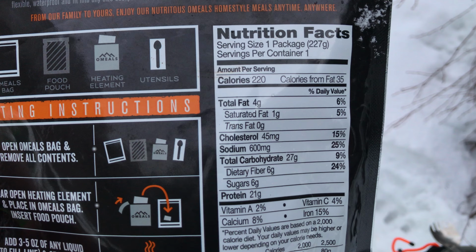Let's go over the nutrition facts. So 220 calories for this meal. Obviously it looks like a big bag, but it's not really. 220 calories. Total fat is 4 grams, which is not a lot. I prefer a lot more fat than that. Sodium is 600 milligrams. That's a good amount of sodium. Sodium is good. It's great for electrolyte replenishment, especially when you're out and about, running around. Total carbohydrates, 27 grams. Protein is 21 grams. This is not getting hot